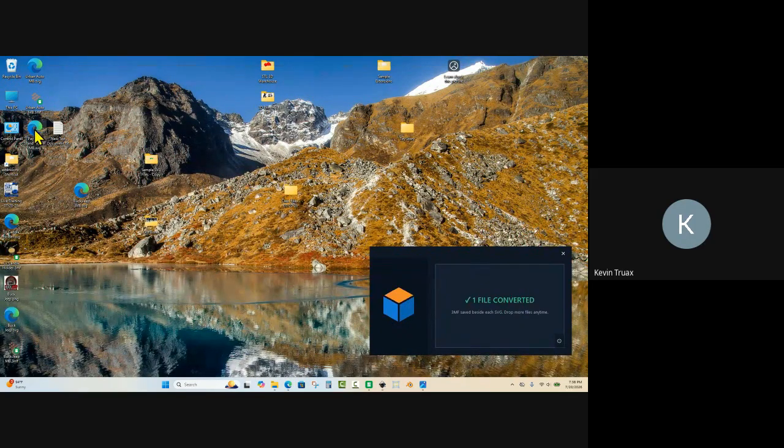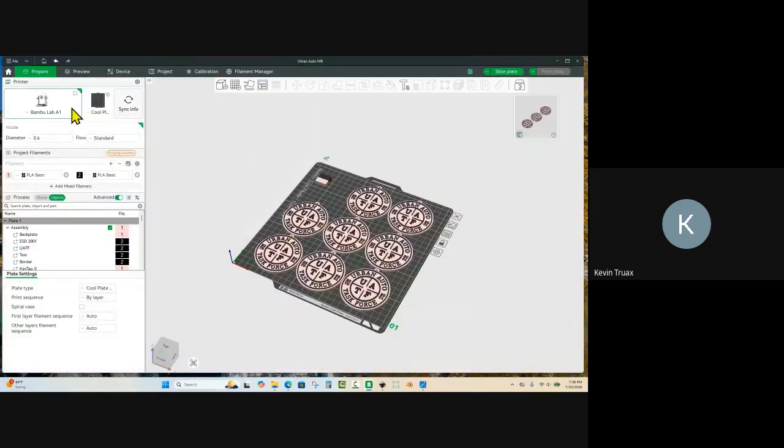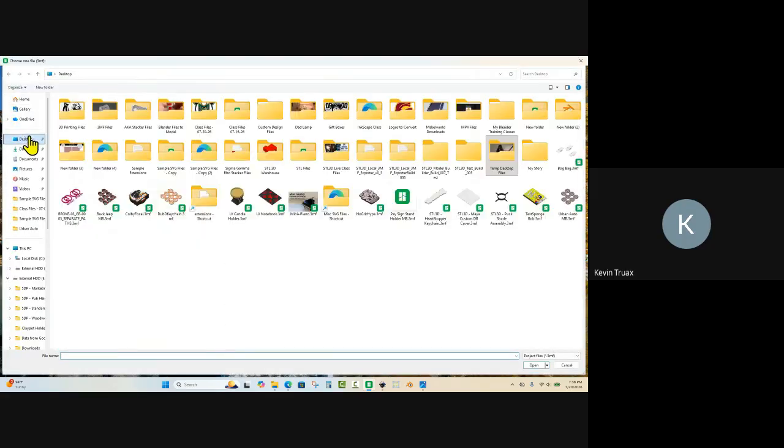So now we could take this and drag and drop it into the model builder. And then we could just open that model here in Bamboo. So let's go ahead and do that. So on our desktop here,